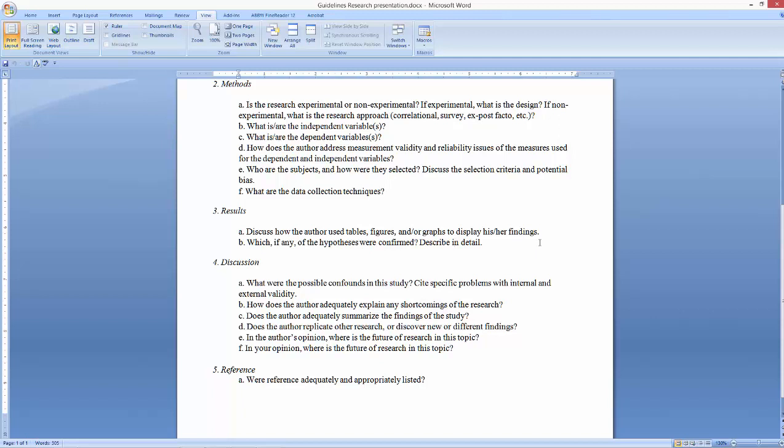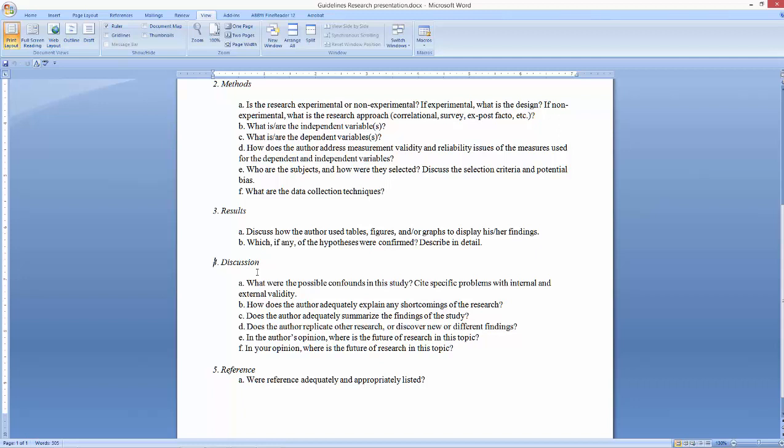And what is the basis for that argument? Or if they are not confirmed, then we get into the fourth part of this, the discussion section. In this section, the authors many times will defer to the discussion section to also discuss hypothesis confirmation or disconfirmation. So one of the first things that they'll talk about is what are possible confounds in the study, because